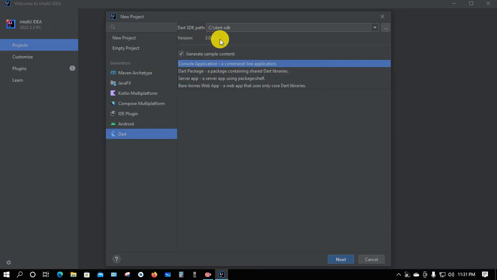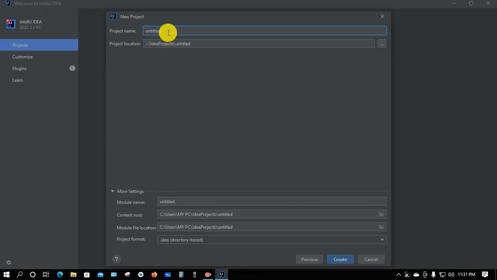So you can see your Dart SDK version. My Dart SDK version is 3.0.2, and then you have to click on next button, then give a project name, click on create,